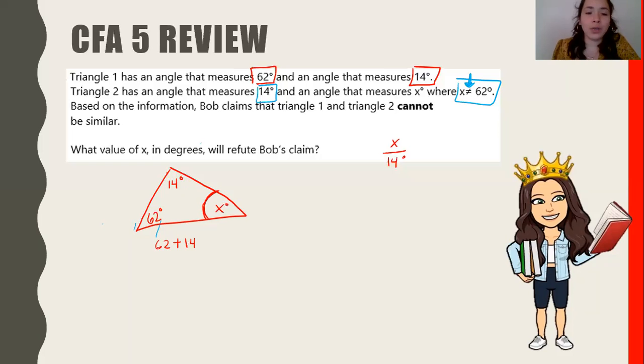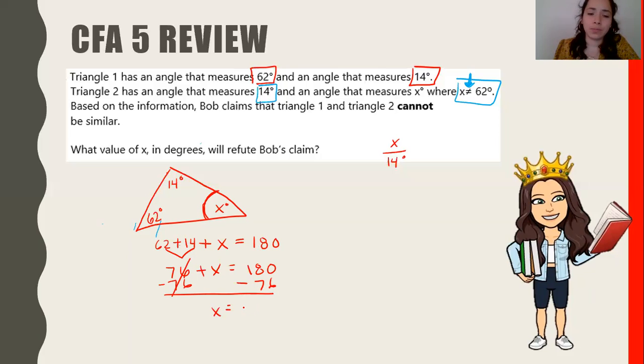So we know that 62 plus 14 plus X is equal to 180, because if you add all of them, they should equal 180. If I add these two together, 62 plus 14 is 76. Good. And then how do I get X by itself? You want to subtract 76. 180 take away 76. I heard both of you say that. Good. And then what does that give me? X equals